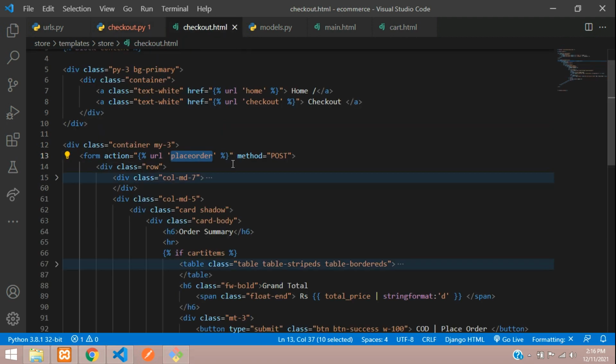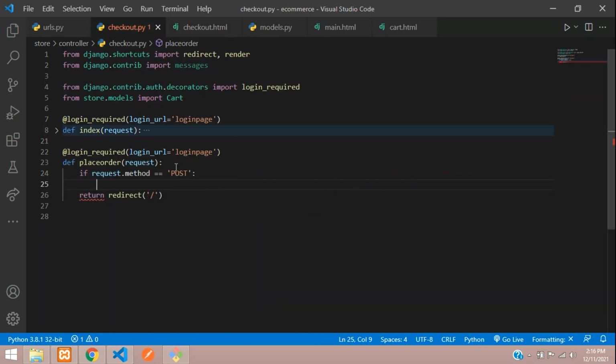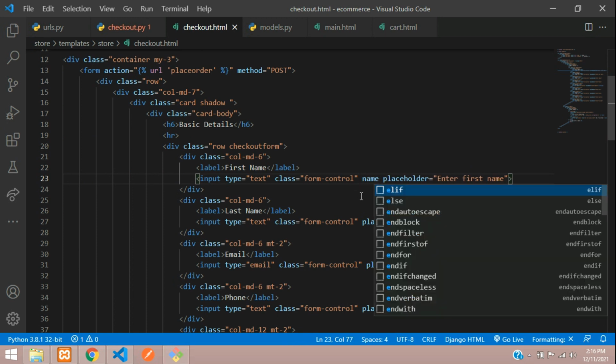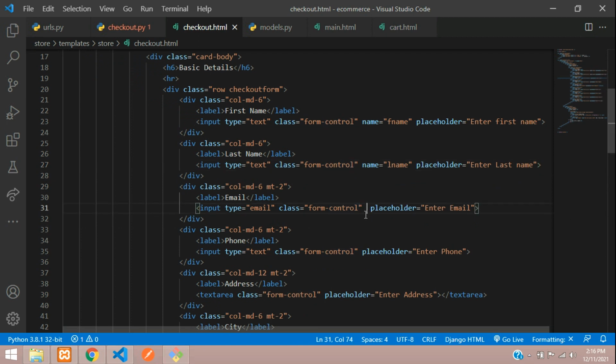So in your checkout.html, in your column MD7, you see we have given input type equal to text, class equal to form control, and this is the placeholder. So we need to specify the name of each tag to fetch the value over here. So we will just give the name, say name equal to fname. I'll just copy that whole thing, copy and paste. This is going to be the lname, and then the email, say email,